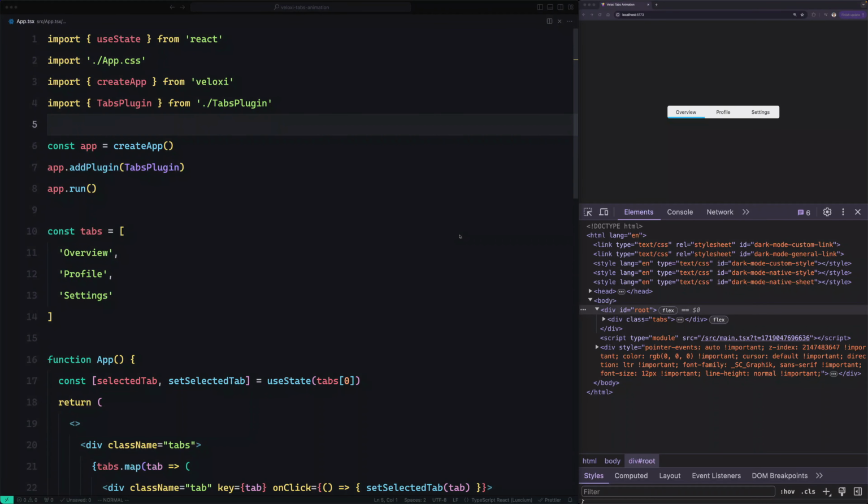As front-end developers, we often want to encapsulate UI elements into components so we can reuse them later. In modern frameworks, it's very easy to convert any element to a component. But when it comes to integrating Veloxi, there are a few extra steps that we need to do. In this video, I'm going to show you how to encapsulate this element into a React component while keeping Veloxi